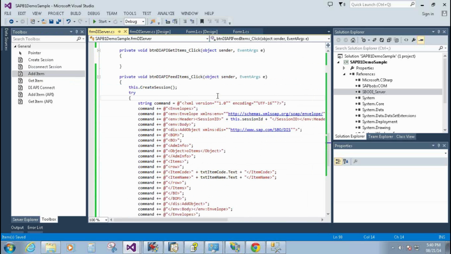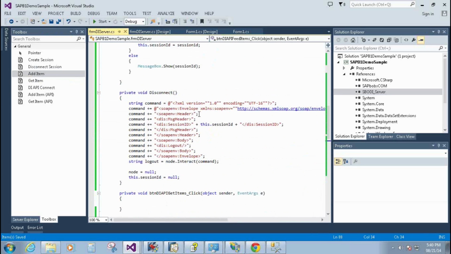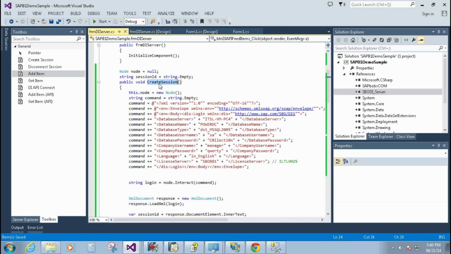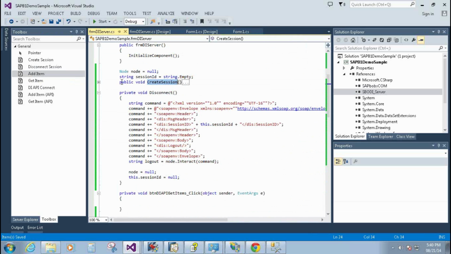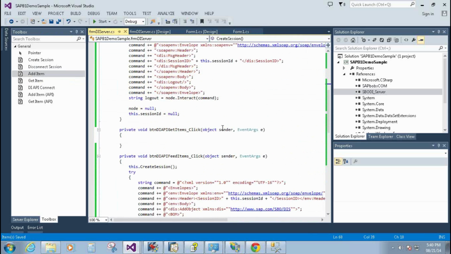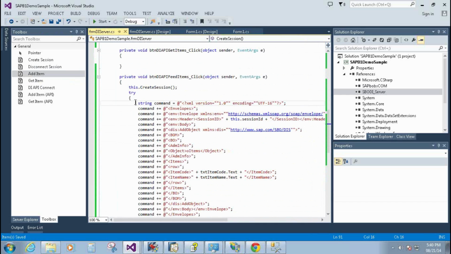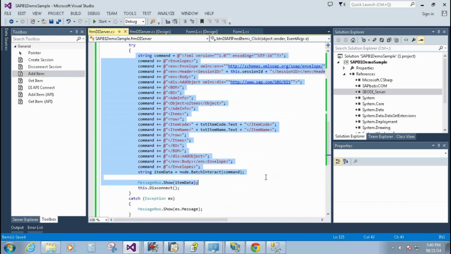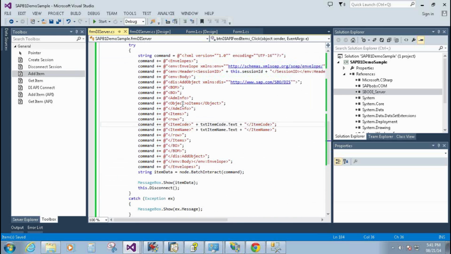So what I basically need to do is create a session. Create a session means I need to log in. This is the create session. So I'm going to log in, and I'm going to create an item envelope at runtime. So here you go, you can see it's not a tightly coupled interface that is provided with DI